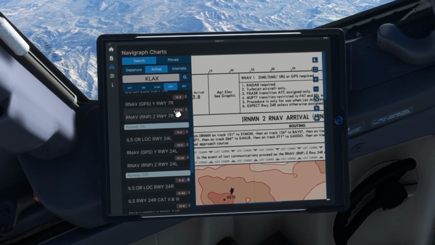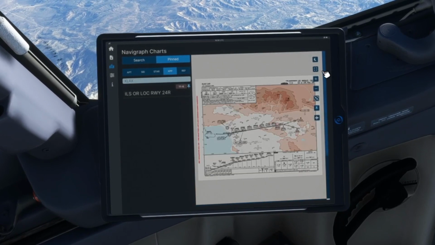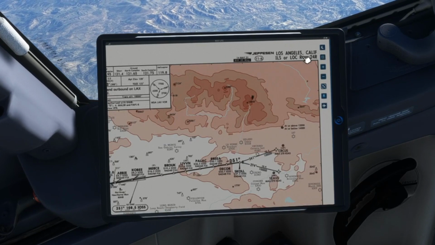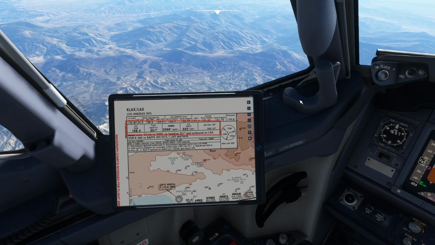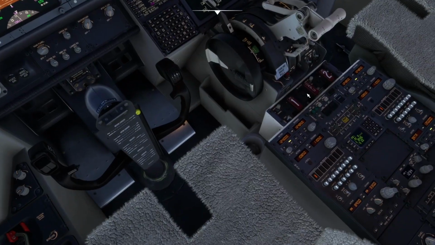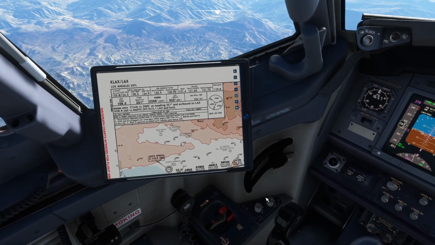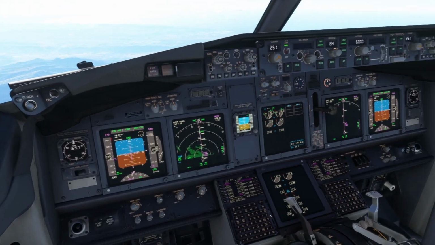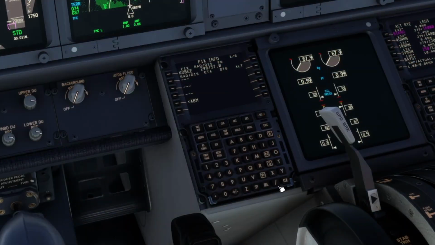There's an ILS approach to 24 right, so select that chart. We check it is the right chart, then use the briefing strip to set up for the approach. Working left to right, we start by checking the correct ILS frequencies are set. Next is the final approach course of 251 degrees, which is set on the MCP. For situational awareness during the approach, we add a 2-mile ring around the final approach fix.